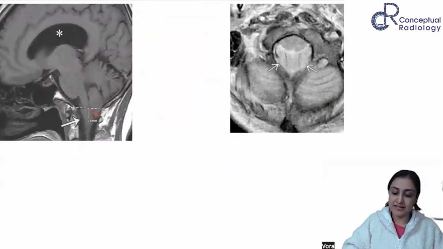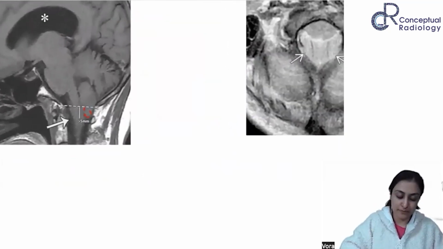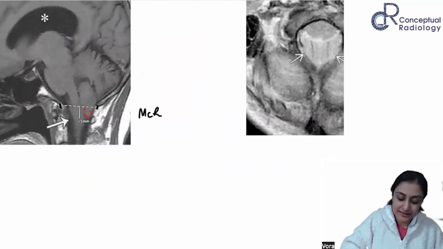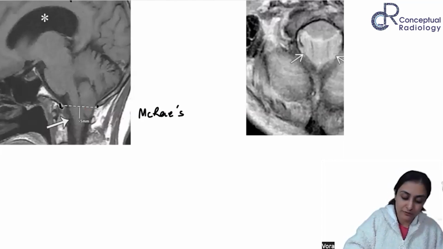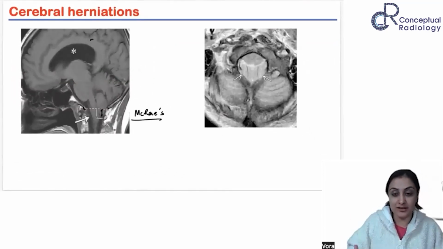CVJ ki bhi class karenge. CVJ is probably one of the toughest topics. So here this is a McRae's line. McRae line kya hota hai, kisi ko pata hai? So you draw a line from basion and opisthion, inn sab ki baat karenge. And if the tonsil is below 5 mm of this line, this is what we call as a tonsillar herniation